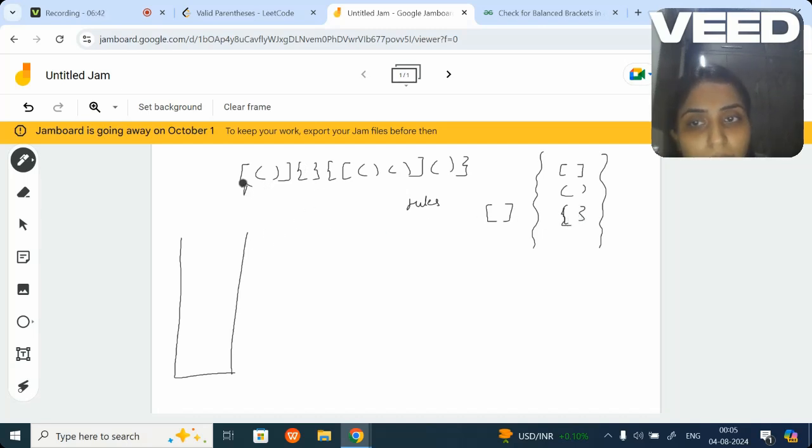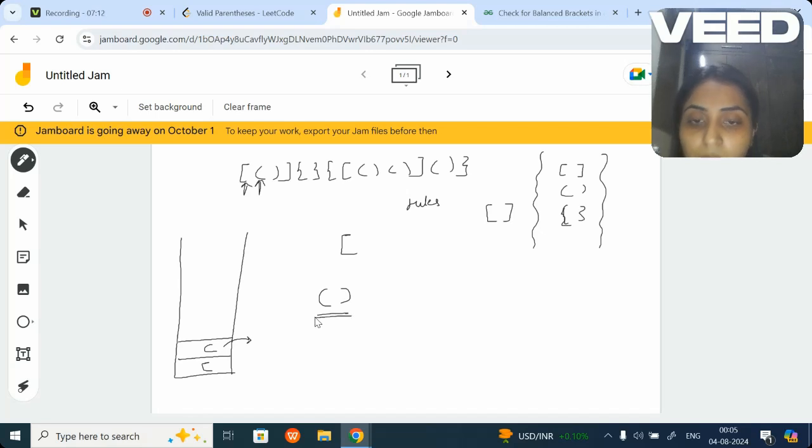Let's start with the first. It's an opening parenthesis, so let's push it into the stack. Then let's go to the second one. It's an opening parenthesis, let's push it into the stack. Then the third one, it's a closing parenthesis. So I'll pop this out and check.